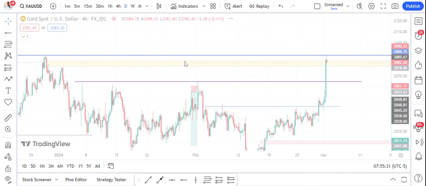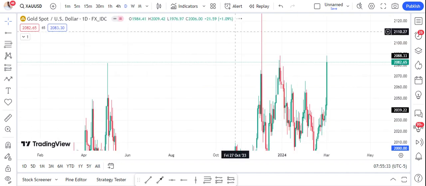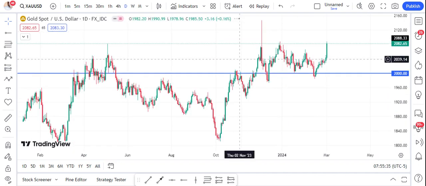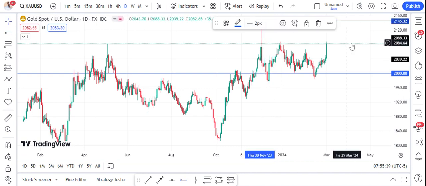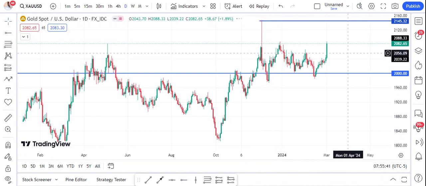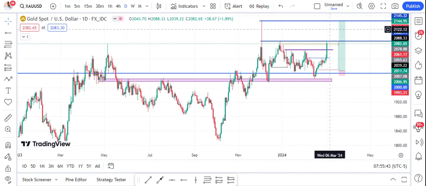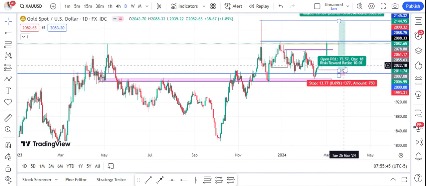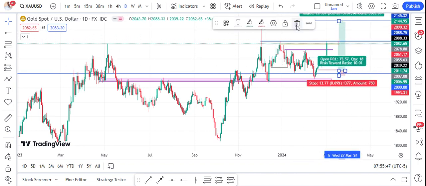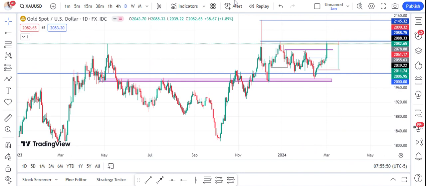Before we now say, okay, we want to continue and target this very high that we are at now and the overall high on the daily time frame, which is this level. Let me put it there. The 2145 level. So that's like the overall high. Let me delete this because I don't get into trade here.